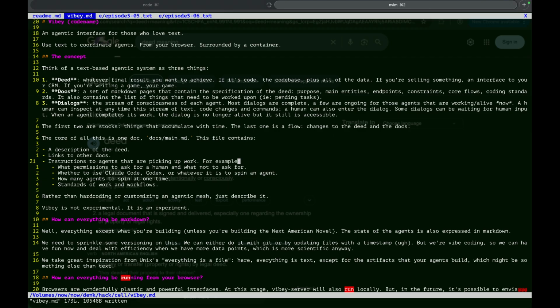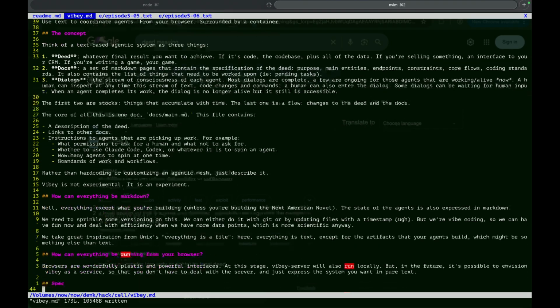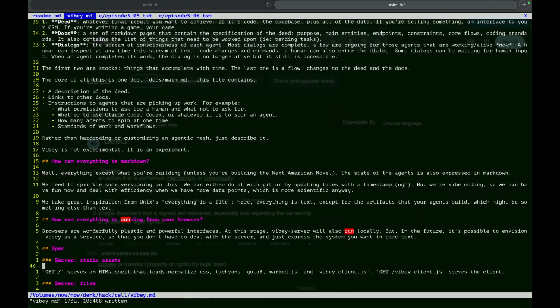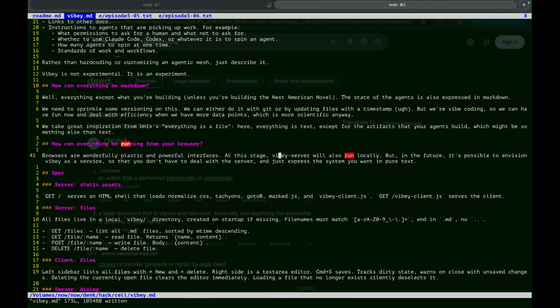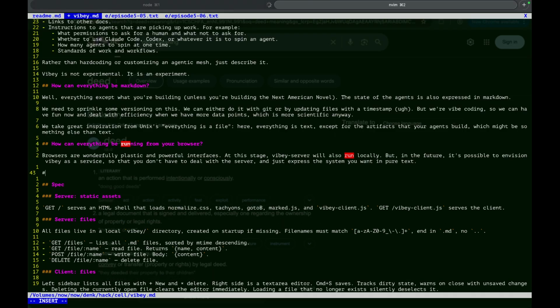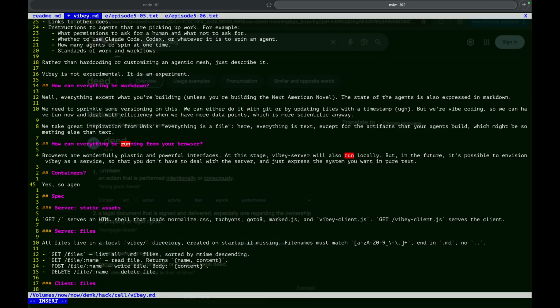I don't want agents to be running on my computer in YOLO mode. Yes, so agents don't mess up your local environment too much.